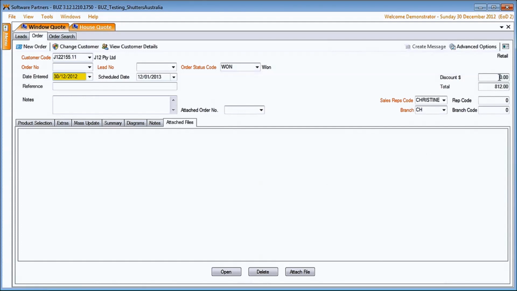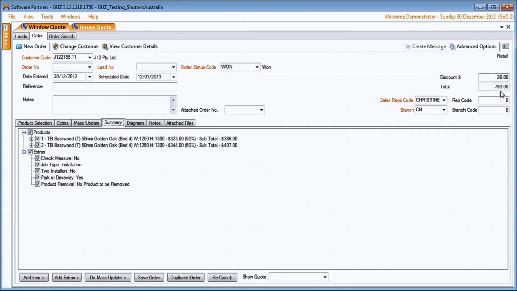Now over here, if we want to apply a discount, supposing we give them a $20 discount, and we come back to the summary, okay, the price has dropped to $7.93 and each of these windows has been adjusted accordingly. If I now go save the order,